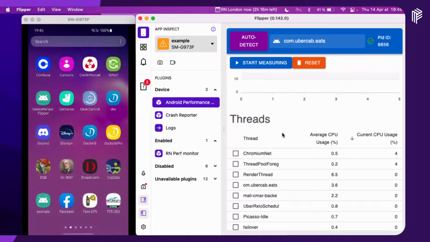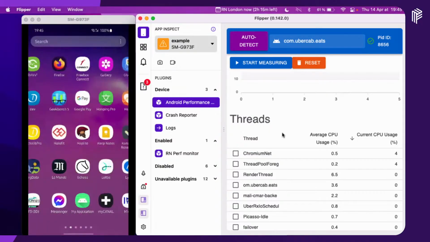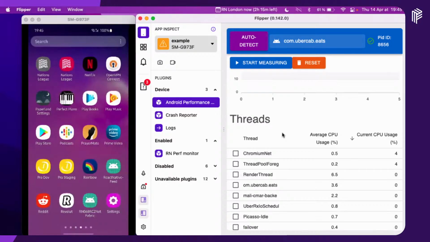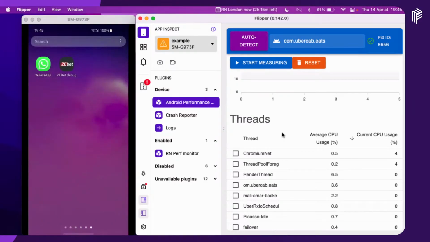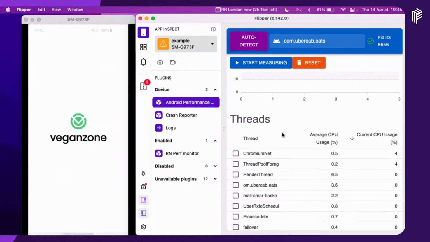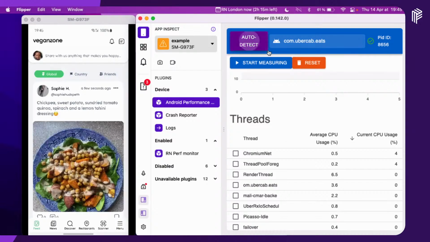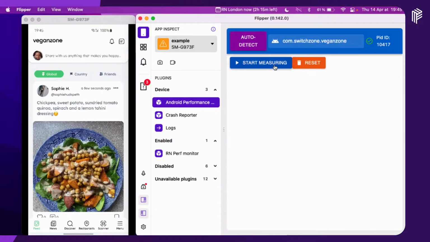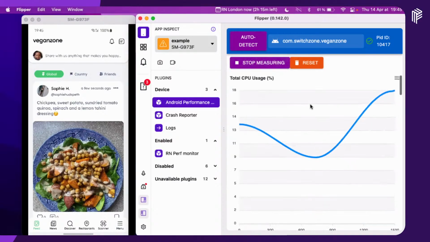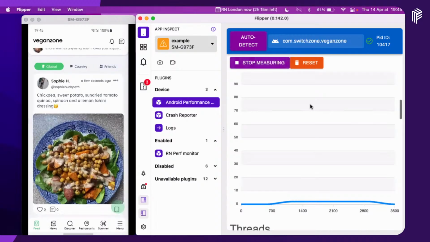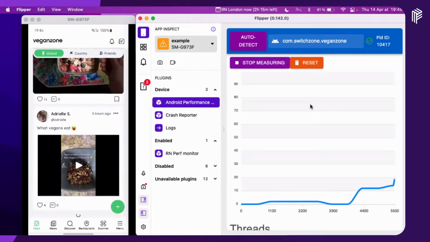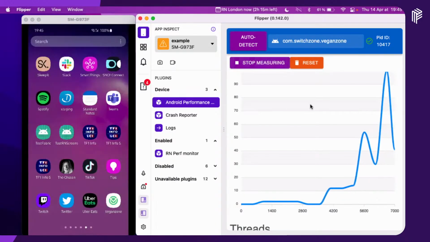And someone on Twitter also mentioned, he was the first one to respond. And oh yeah, it's all about this one. I thought it would be a good competitor to Facebook, because it's a social network. I don't really know it, but there's a list with lots of media, so we could try it out to see if it's better than the Facebook list. So let's see the JS thread. The JS thread goes up, so I think it's a FlatList.